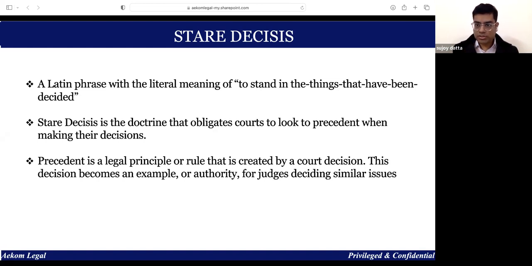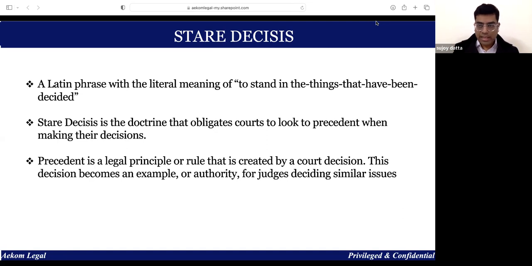So, in all established jurisprudential systems, previous decisions have become an important source of law for a judge to decide any particular case. This principle emerges from the doctrine of stare decisis, which is a Latin phrase meaning to stand in line with the things already decided, to stand with what you have decided. This is the doctrine which creates an obligation upon the court that you must look to the precedent and look to the conduct of other courts on this particular issue when you are deciding any disputed fact or issue of